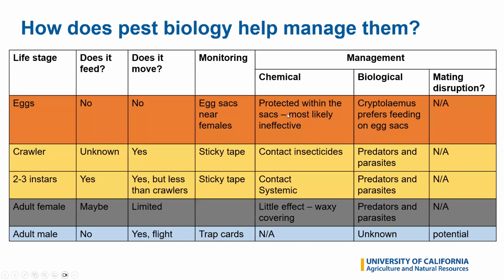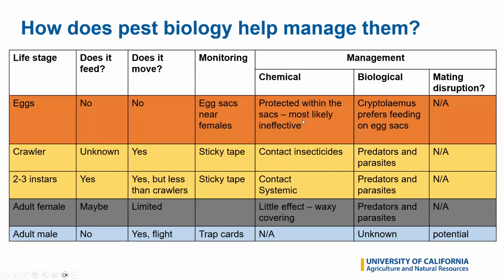The chemicals most likely will not work because the eggs are protected within the egg sac and it's hydrophobic. So chemical management may not be an option. But Cryptolemus beetles are known to prefer feeding on eggs and females producing eggs. So, if you have a population that consists of mostly eggs and you want to do something right away, biocontrol might be an option. If you want to spray, maybe wait out, depending on temperature,